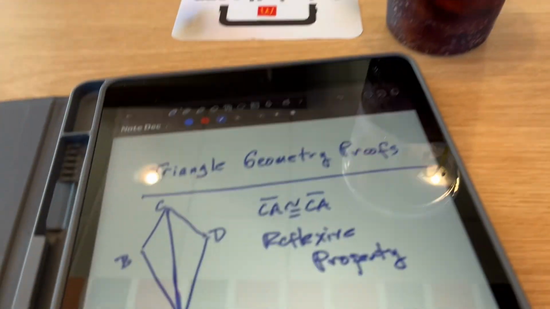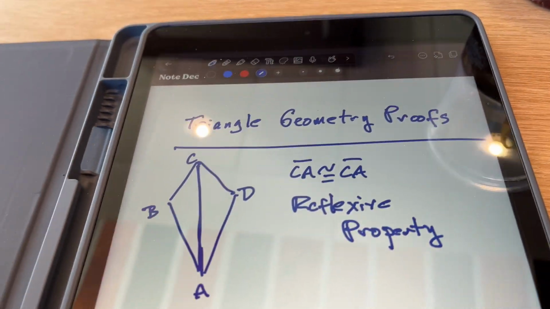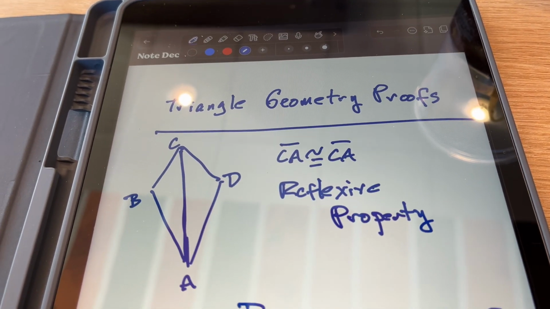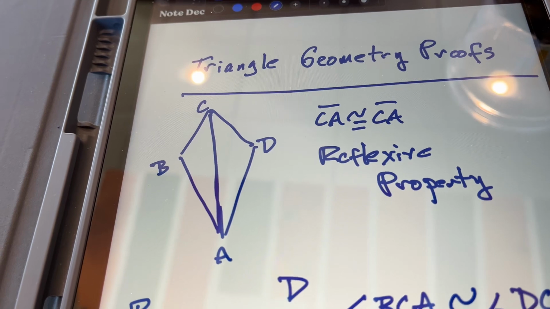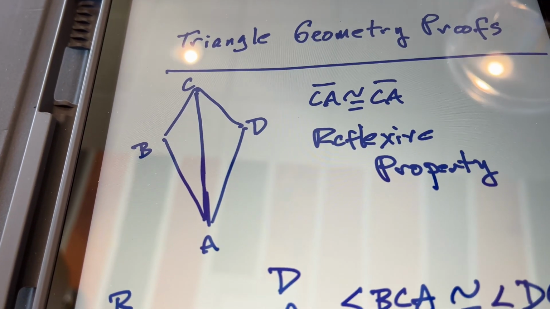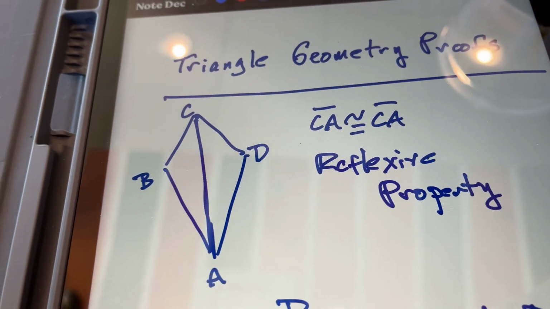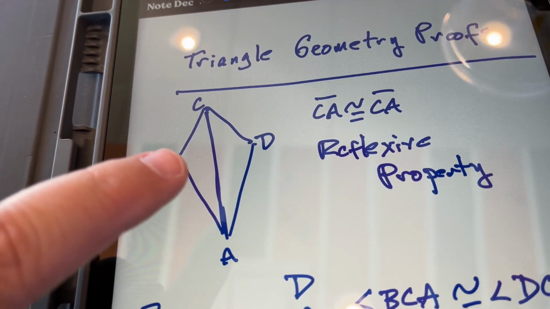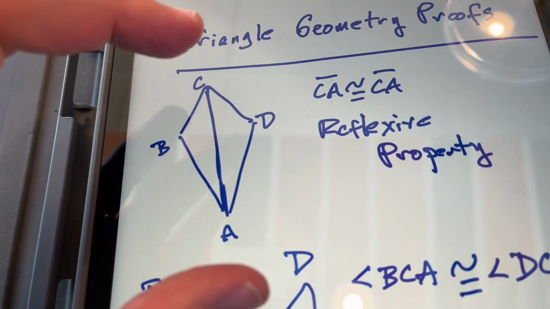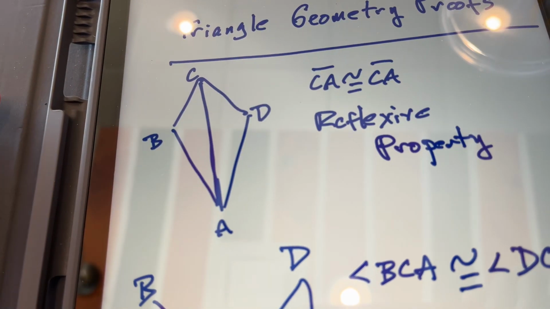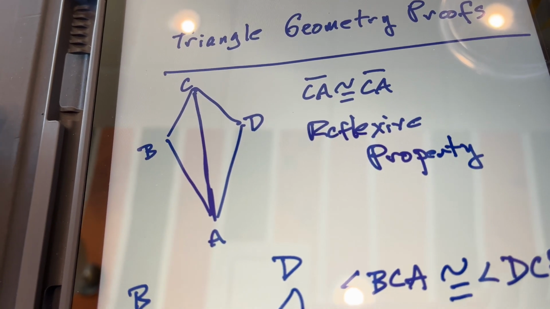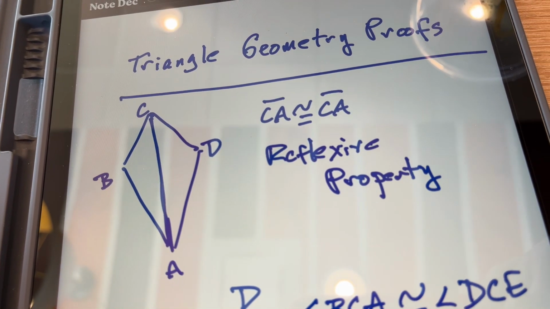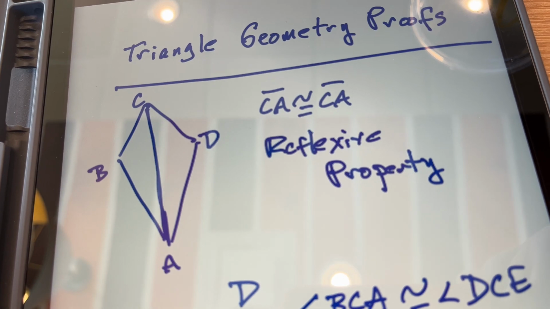All right, let's talk about triangle geometry proofs. So in geometry, you reach a section where you're talking about congruent triangles, and one of the things that comes up super often is a drawing like this, where you have a triangle over here and a triangle over there, and perhaps you're trying to prove that those two triangles are congruent. Well, they're going to give you some information, but one of the things that you often have to provide yourself,